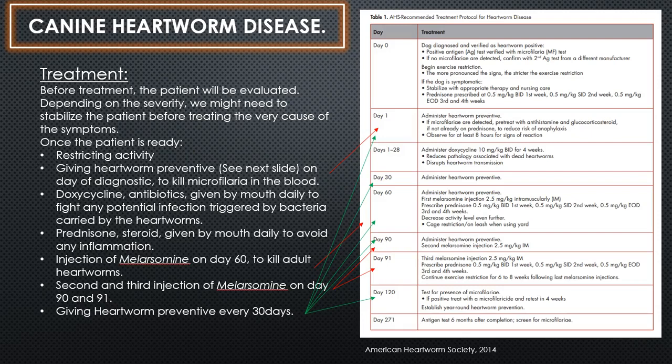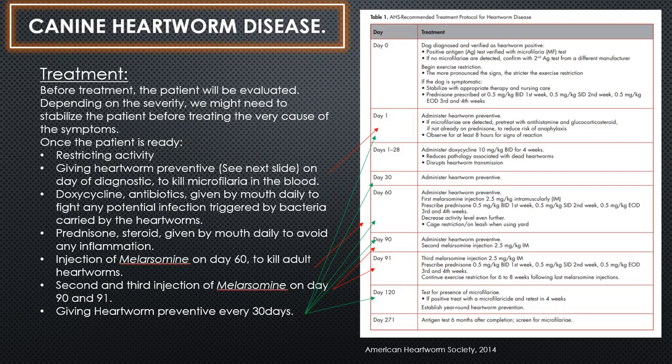We're going to keep the dog on preventives for 60 days, so 2 months, and at day 60, we're going to give the first dose of melarsomine, which is a drug that we give IM, so in the muscle, generally either in the thigh or in the back muscles. The goal of this drug is to slowly kill the adult heartworms. We don't want to kill them too fast, of course, otherwise it might, as I said before,